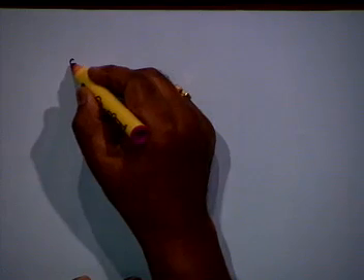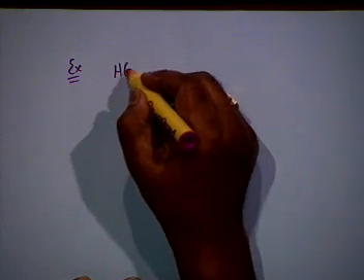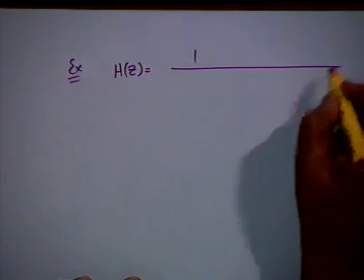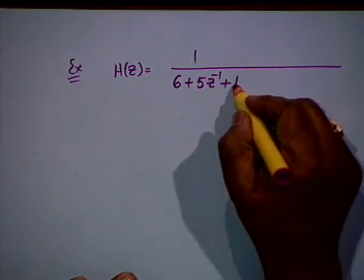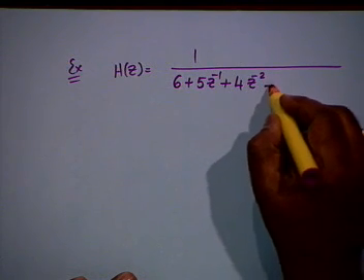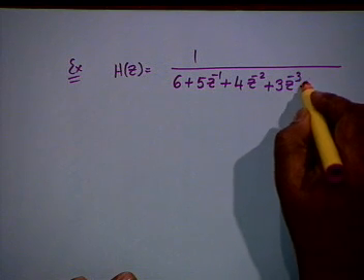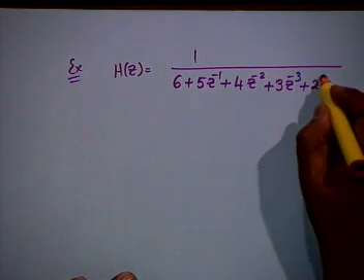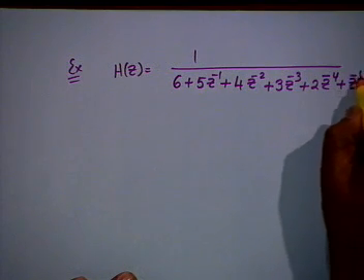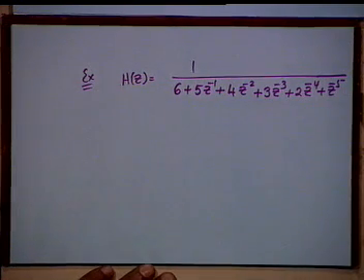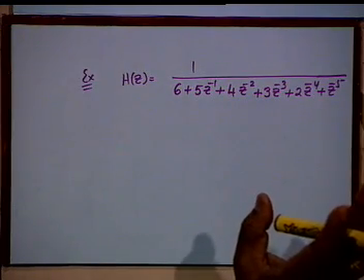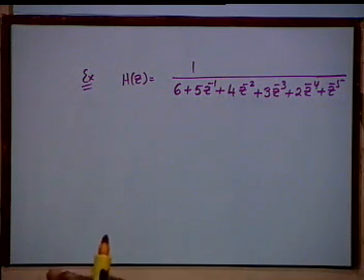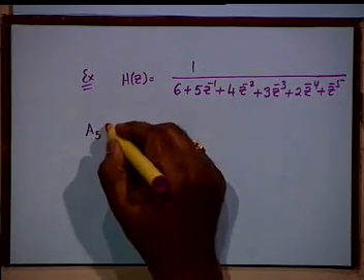The example that we take is you are required to test whether this transfer function 1 by 6 plus 5 z inverse plus 4 z to the minus 2 plus 3 z to the minus 3 plus 2 z to the minus 4 plus z to the minus 5. You are required to find whether this is stable or not. The numerator, for simplicity, numerator is irrelevant, isn't it? Numerator can be 1 or any other function. So, the first thing you do is form an A5Z.